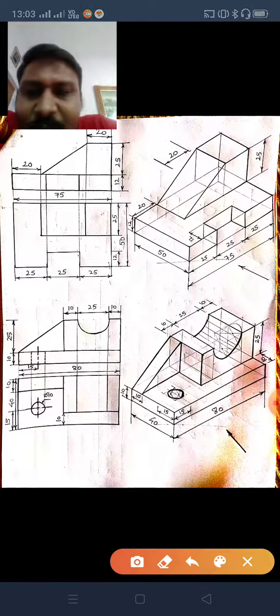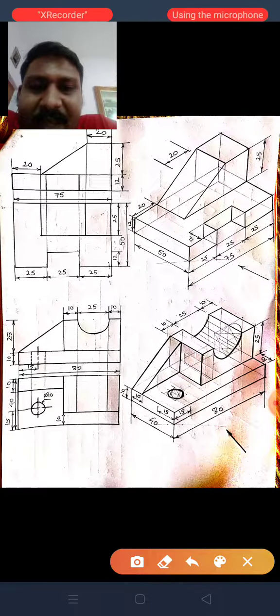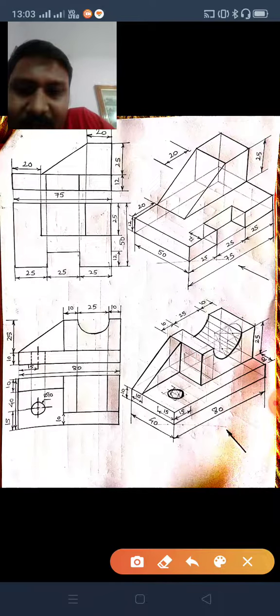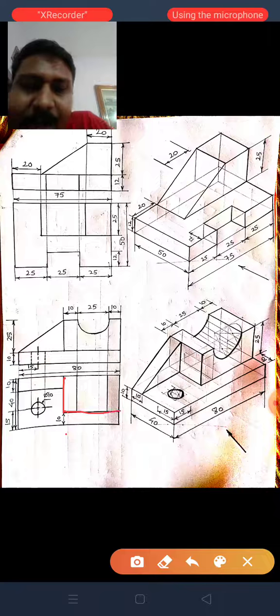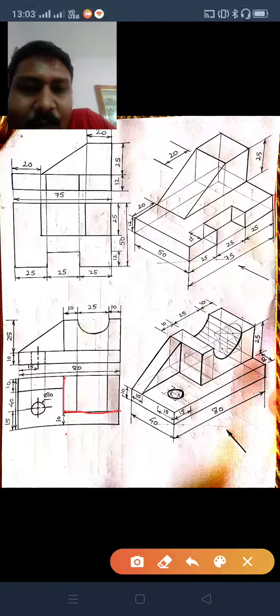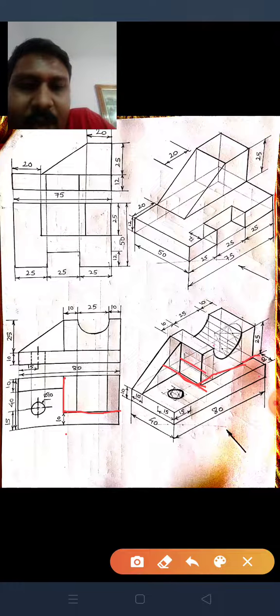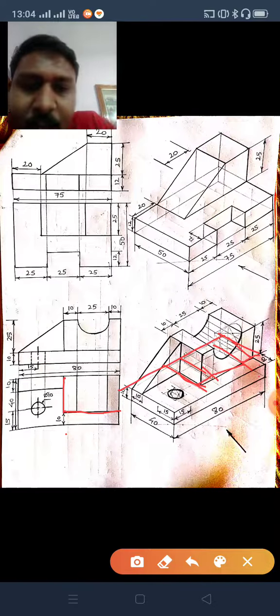Now when you have drawn this block, see this diagram. Here from base it is 10 mm and this is 40, means from top this is 30, and this dimension is given in the front view, this 10, 25 and 10. So from this corner just put 10, 25 and 10, and once you have drawn this, join this. You have drawn this complete. This is the top view.